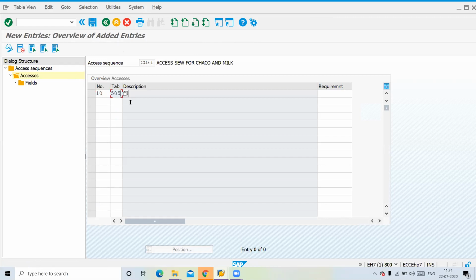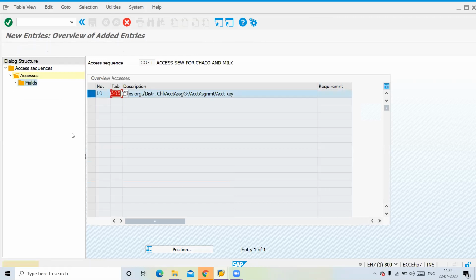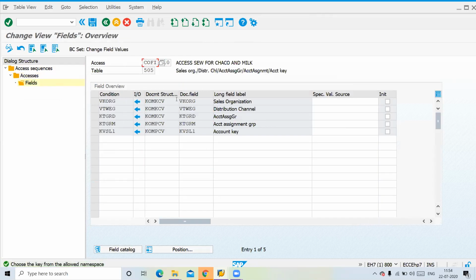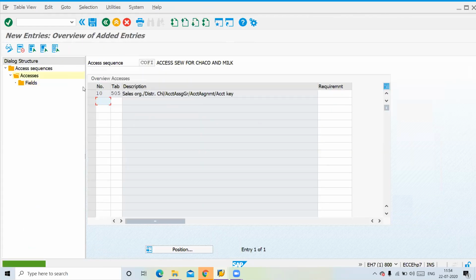I'm just taking my table for access sequence. Let's try to determine fields, how we have defined. So if you see, this is the extension for your structure KOMKCV. For this, if any new fields are defined, they need to be added. Let's save this. This is for access sequence. Let's go back